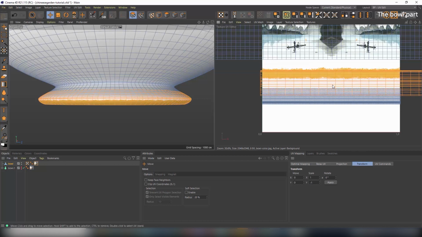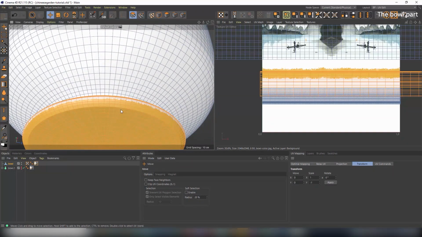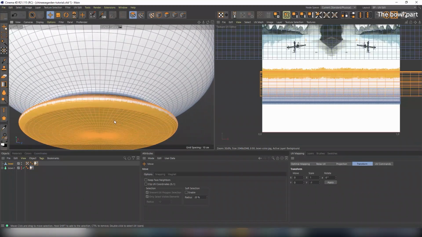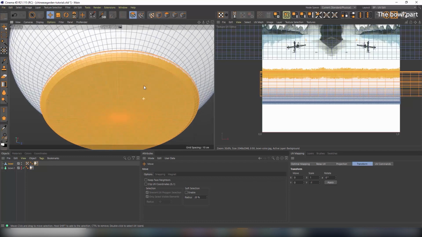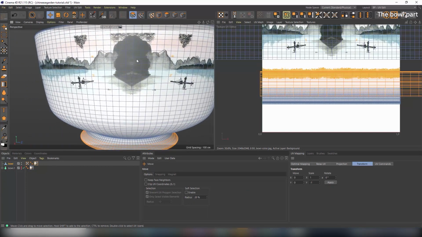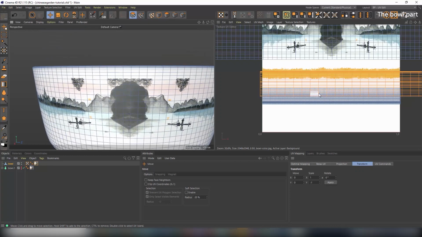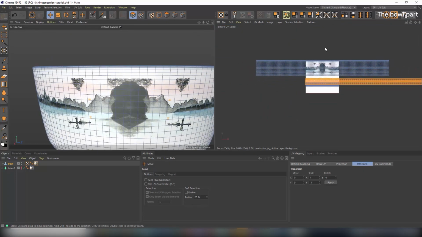So, yeah. So we've got that bottom part golden, including this part. We can fix this one later on, or leave it, whatever. Doesn't matter really. The same with the top part. The rim should be gold as well. So